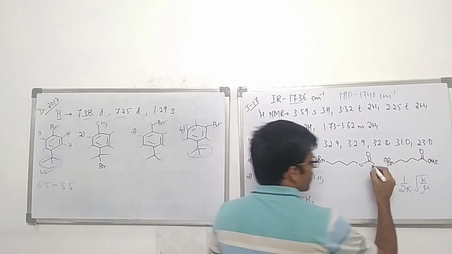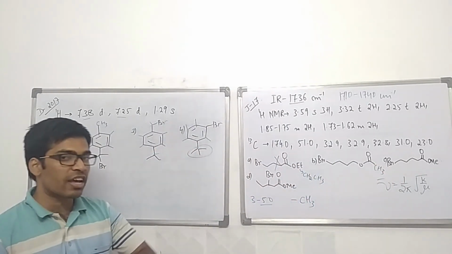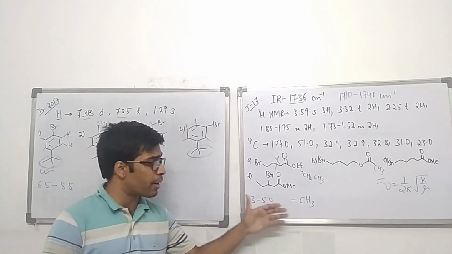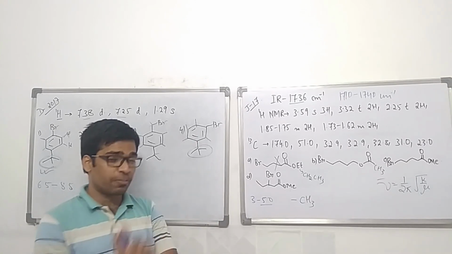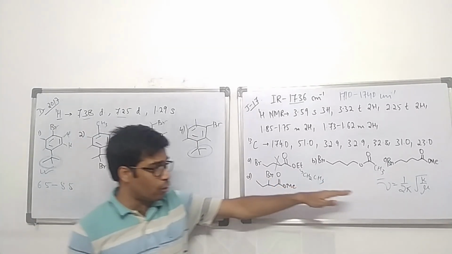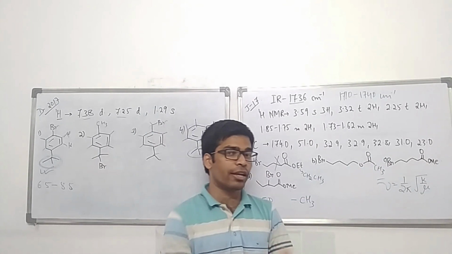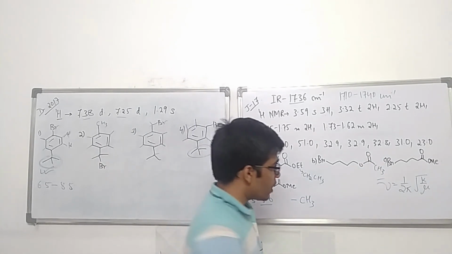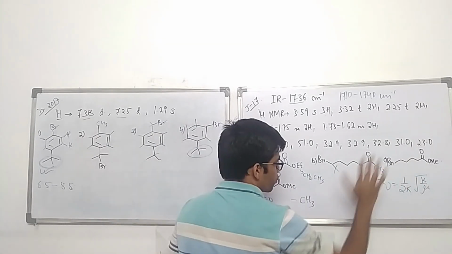Now again, this CH3 is attached to an sp2 carbon. An sp2 carbon does not have very high electronegativity as compared to oxygen. So as a result, because of low electronegativity, the value for protons of CH3 attached to an sp2 carbon will lie in the range 2.0 to 3.0. So that means this structure is also discarded. Now let us look at these two structures.